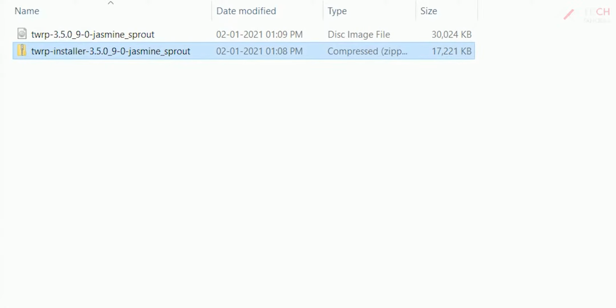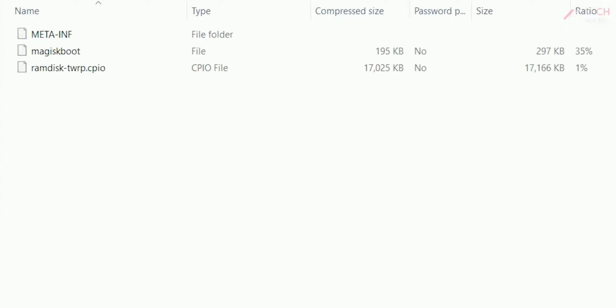You can download the latest version, which I use. You can even use the older one, which is 3.1, which I used a year ago for Android Pie builds. So I'm not sure whether it works, but you can use the latest one.